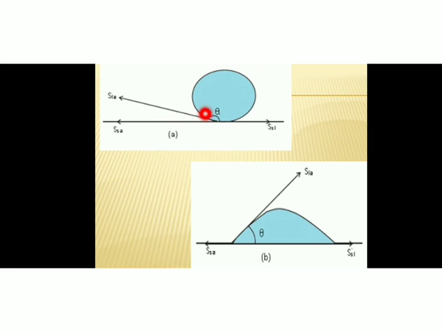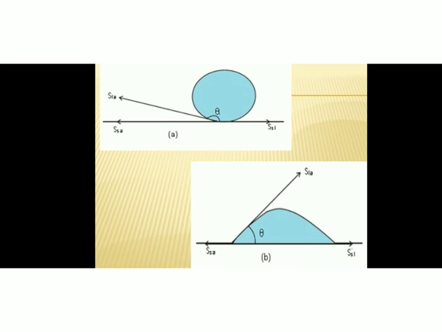So this angle is an obtuse angle, and if it is an obtuse angle, a water droplet, a spherical droplet, is formed. That means a droplet similar to that observed on the lotus leaf is observed. In such cases, water will not wet that particular surface. But at the same time, here you can see this is an angle of contact, and this angle of contact is less than 90 degrees. It is an acute angle.